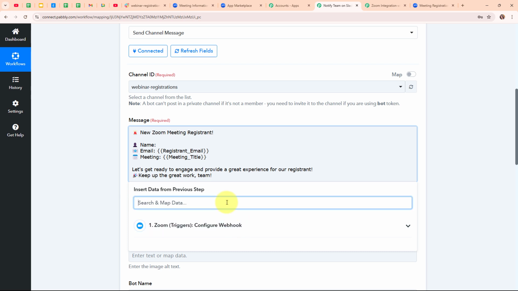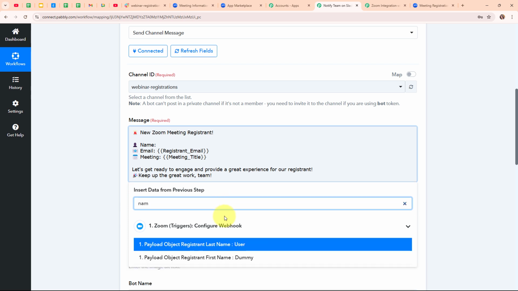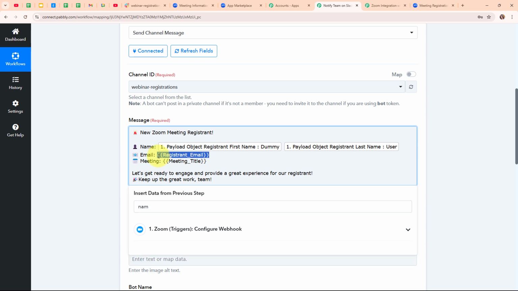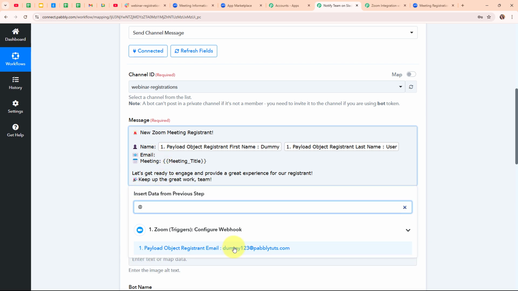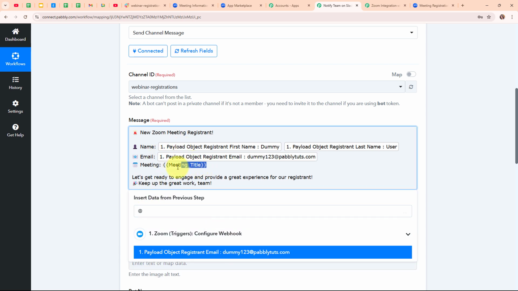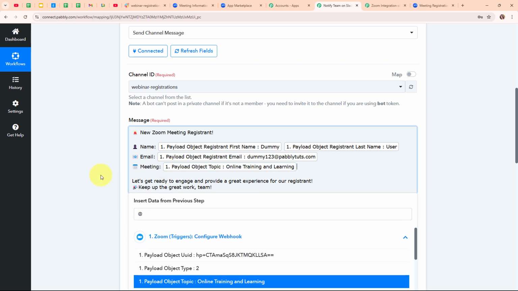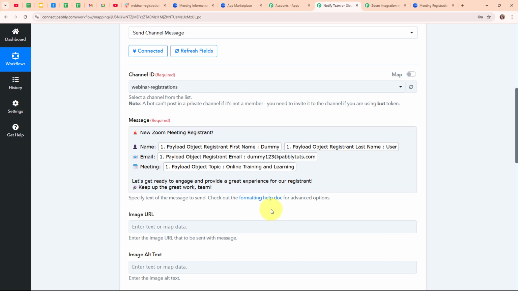So I'm going to map the name. For that, I'm going to search for my registrant name. This is the first name, space, last name. Here for the email, I'm going to search for the email. So this is my registrant email, and here for the meeting title I'm going to map the meeting name. This is the meeting title, and now after entering all the required details I have successfully entered the message